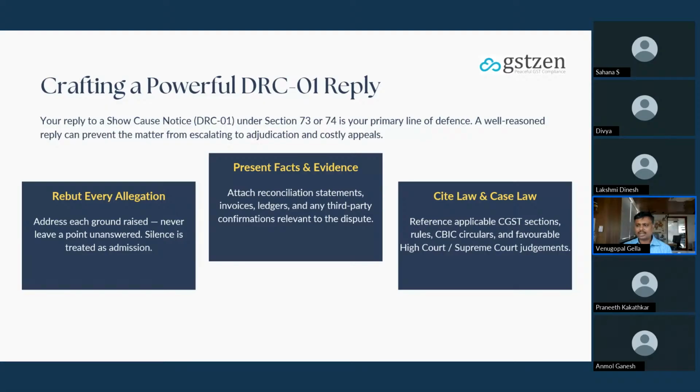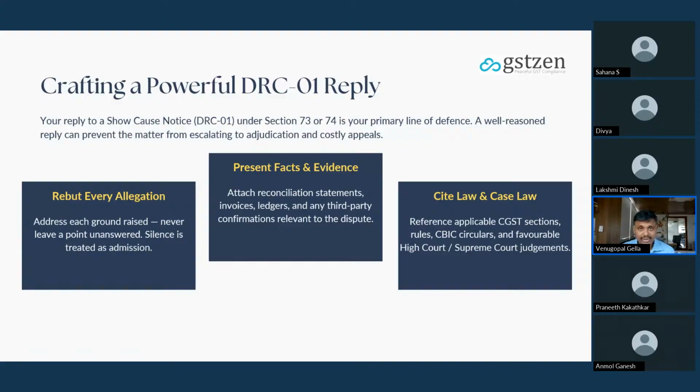You also have to give the reasoning. Now, it might not be a speaking order. That's okay. Your reply shouldn't be dull. You have got to give your reasoning and why it has to be analyzed in this way. Do all the references. Make sure that you always make a prayer. After having said all of this, you may say that, isn't it logical to say that the tax is not applicable? That's what you may feel.